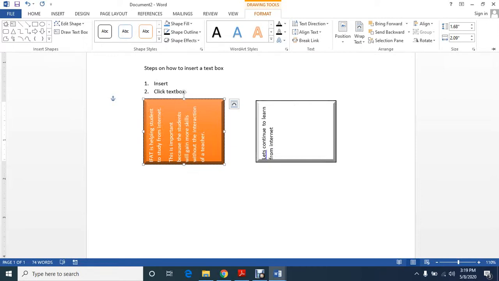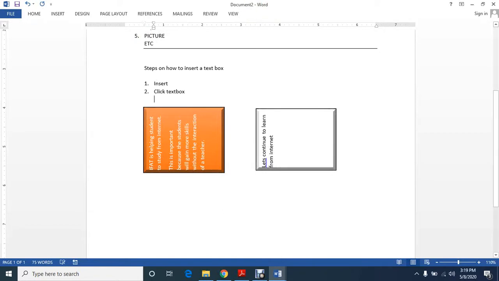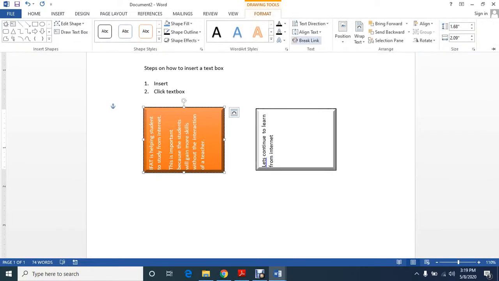Here you see that the text boxes are linked. This text box number 1 and this text box number 2 are linked together with a link. To put a link, I remind you, first select the first text box and then click here on Link. You can as well remove the link.